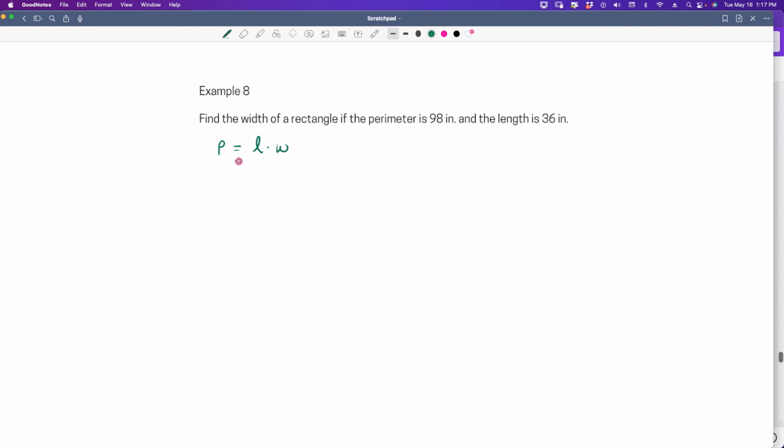So let's put in the information we're given. 98 is the perimeter, and the length is 36. And then W is going to stand for the width that we don't know. We're told to find the width, so that is our unknown variable. So now that we have 36 times W, we're going to divide both sides by 36, because whatever you do to one side, you do to the other side. And 98 divided by 36 is going to be,